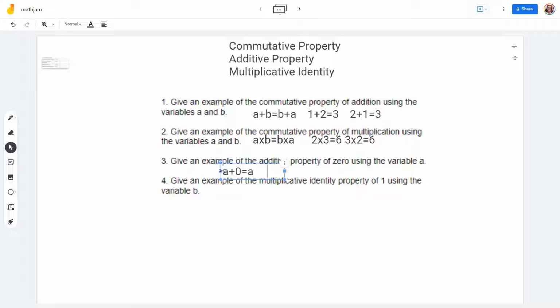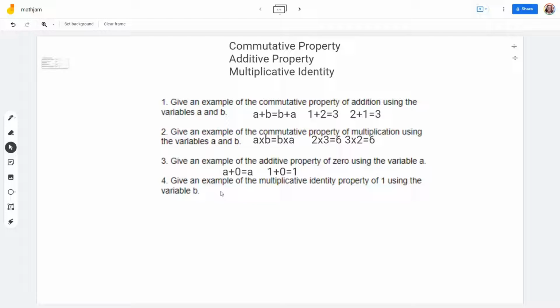And we can prove that using regular numbers as well, rather than letters. So if we said 1 plus 0, well, it's still going to equal 1. So our additive property of 0 means that if we're adding 0 to any set of numbers, it does not change the value. Okay. So question 4 here, it says, give an example of the multiplicative identity property of 1